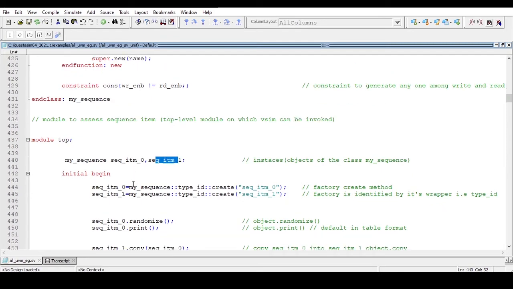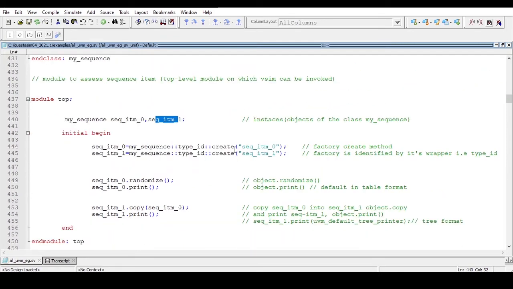Within the initial begin block, I am creating them, allocating memory using the factory create method: my sequence type id create, and within parentheses I provide the object names, sequence item 0 and sequence item 1.